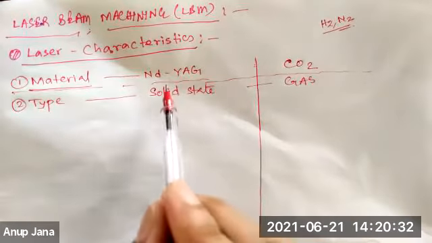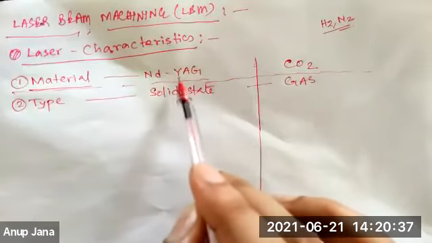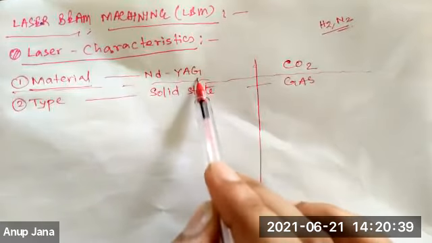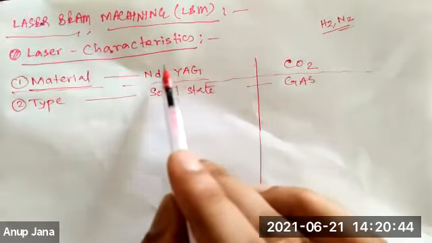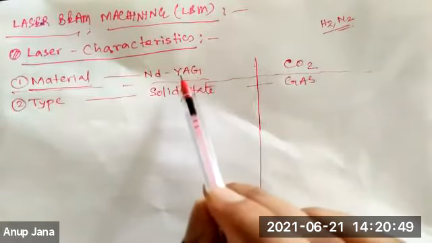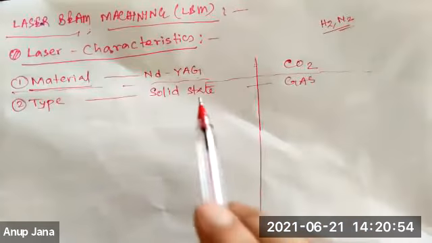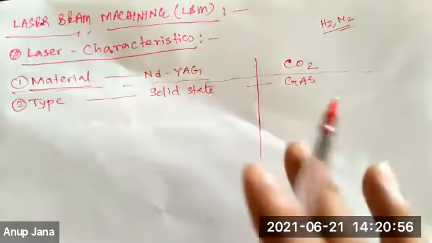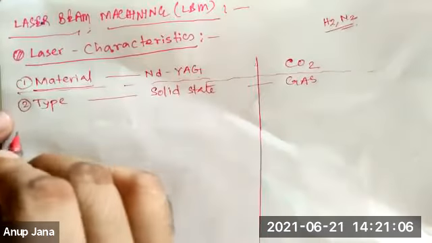So this ND-YAG, I'll discuss about it. You may not know what is ND, what is Y, what is A, what is G. I said this will be like an alloy, as in the case of ruby also, I said already. So this also comprises a combination of a few materials. First let us have a look, and then I'll discuss what is the composition of this.